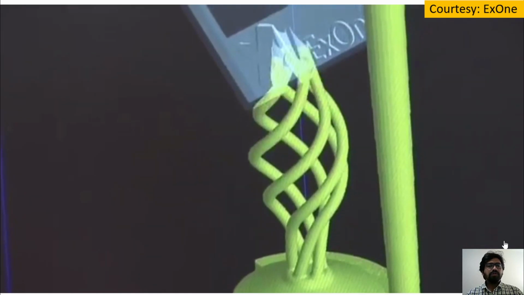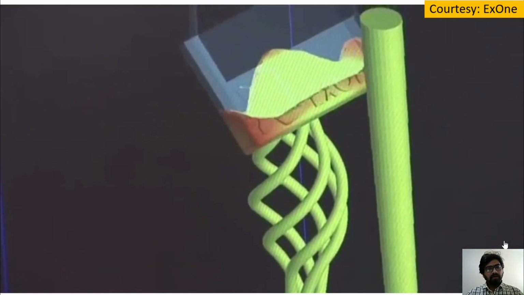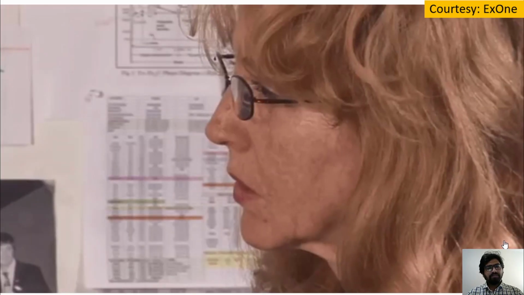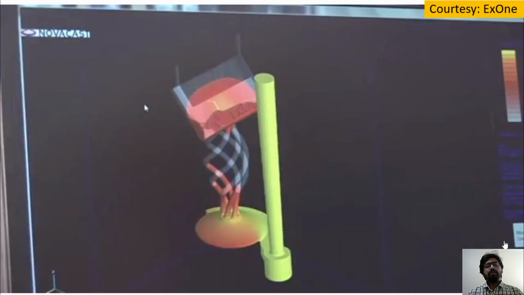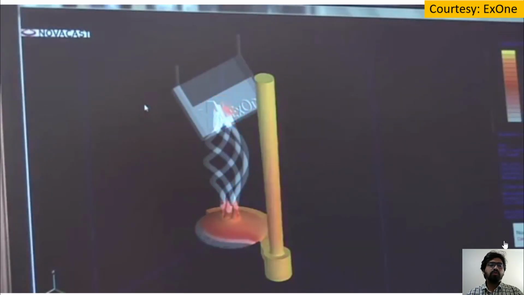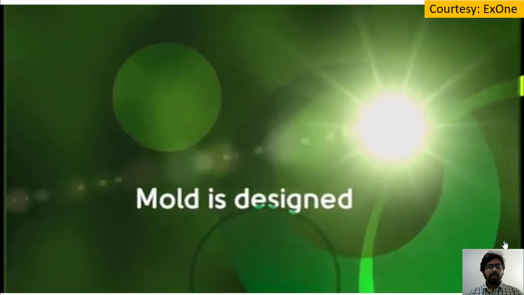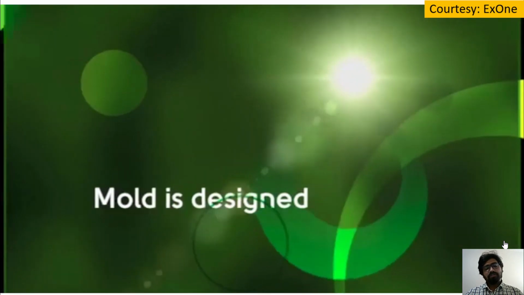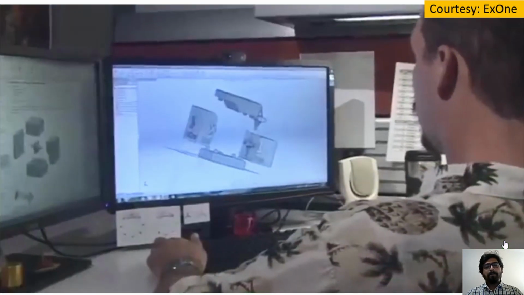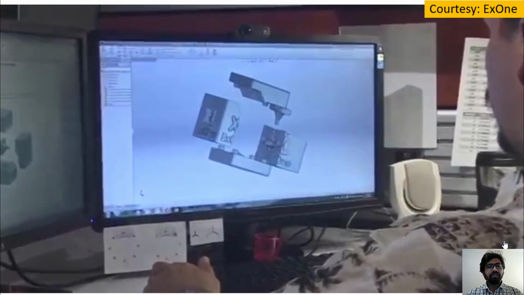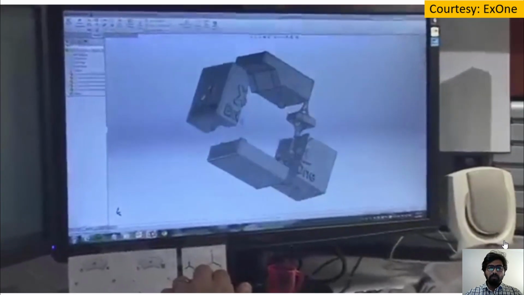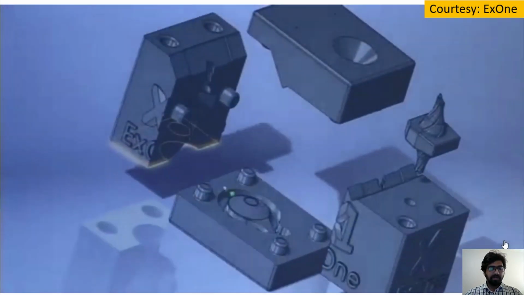Conventionally, these molds are built by utilizing a pattern. That pattern creates a cavity in the mold, and then the molds are brought together to pour the molten material into the cavity and realize the final metallic part. However, if we do the same job by utilizing binder based powder bed additive manufacturing, we can print the whole mold in a single go on the bed.